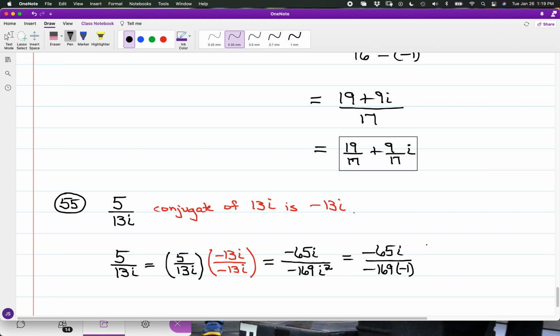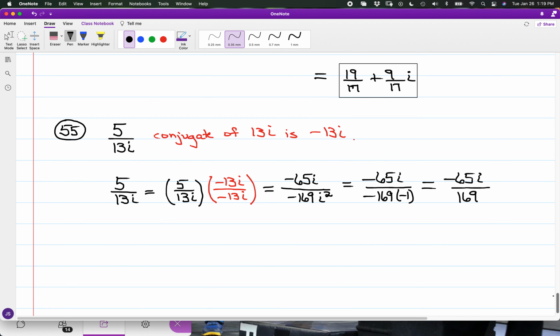Okay, so i squared again is -1. So right now we're going to have -65i over positive 169. And this ratio can be reduced because what's going to happen here